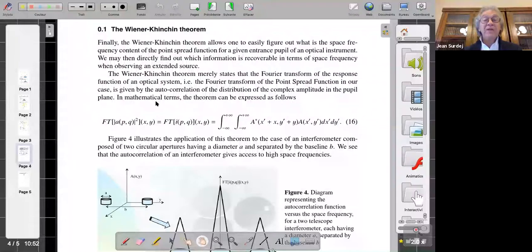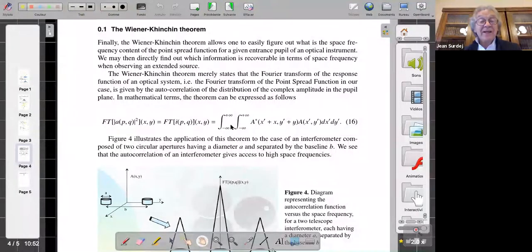I'm not going to repeat it here. But what is very nice is that when you take the Fourier transform of the response function of an instrument, in our case an interferometer composed of two apertures separated by a baseline D,